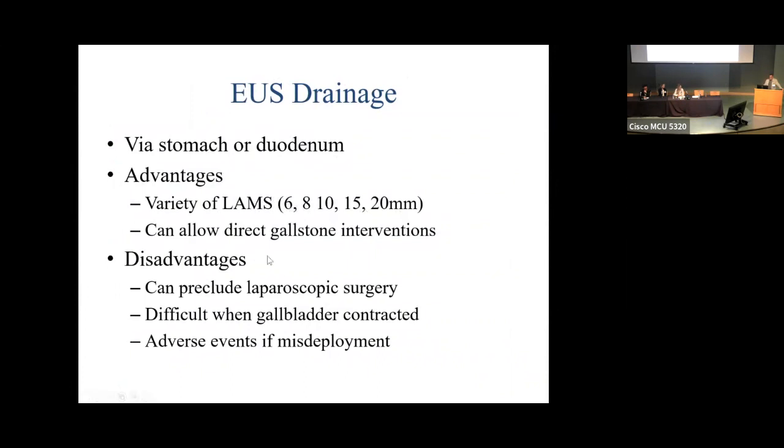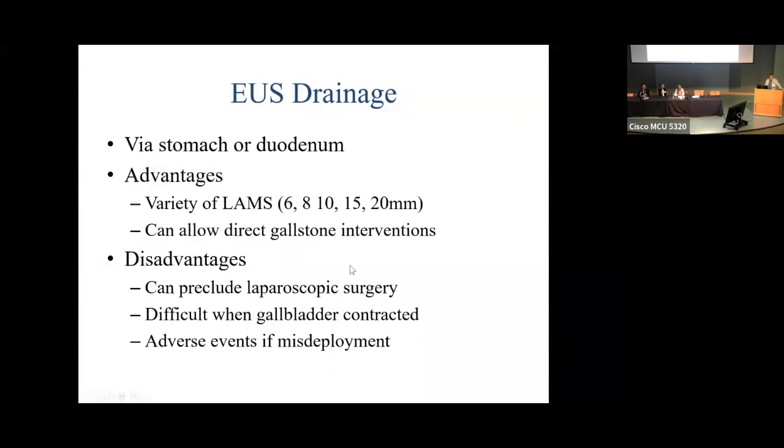It can allow then direct gallstone intervention. So some endoscopists prefer to go in, whether the same procedure or later on, drive in and actually do lithotripsy and clear the entire gallbladder of stones and then remove the stent. Others, I tend to replace the luminal opposing metal stent after 4 to 6 weeks with double pigtail stents and leave those in indefinitely. Disadvantages are it can preclude laparoscopic surgery,